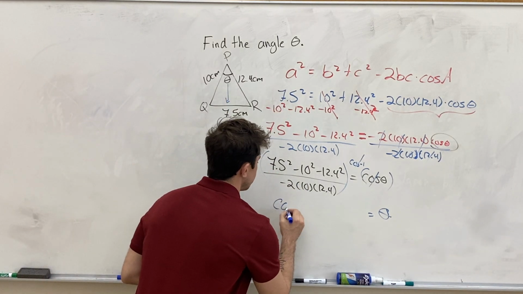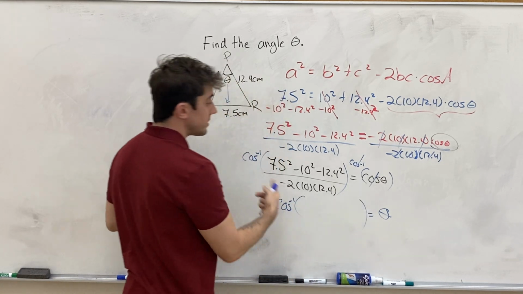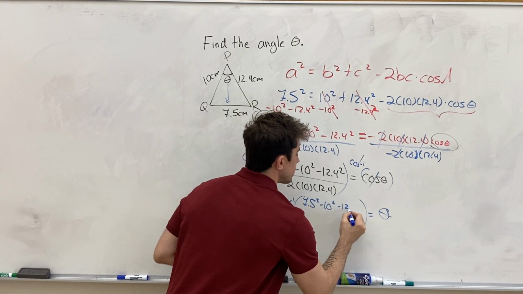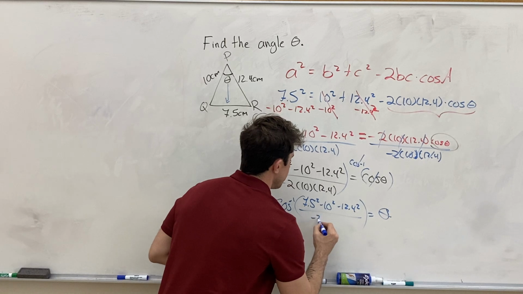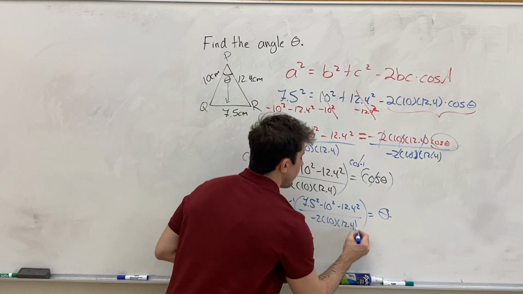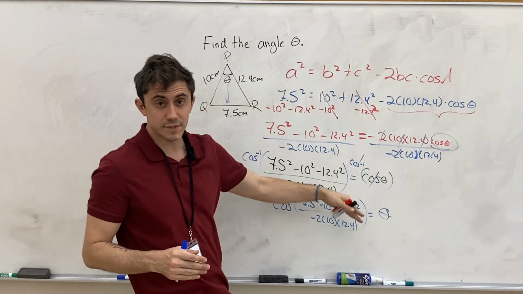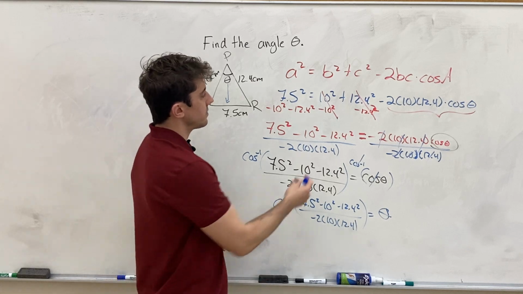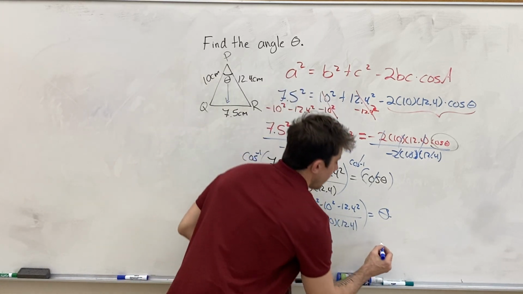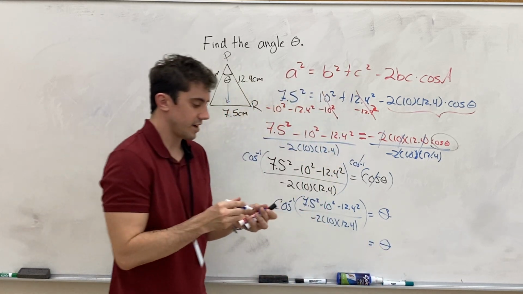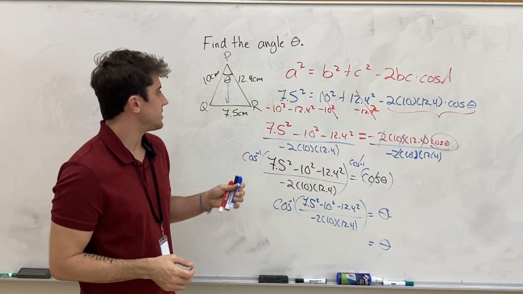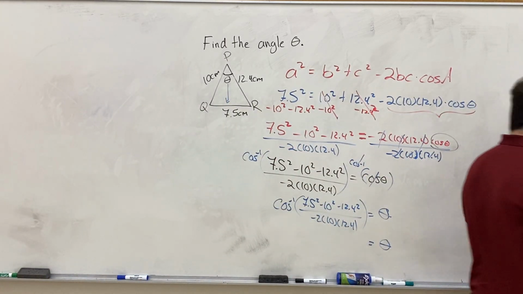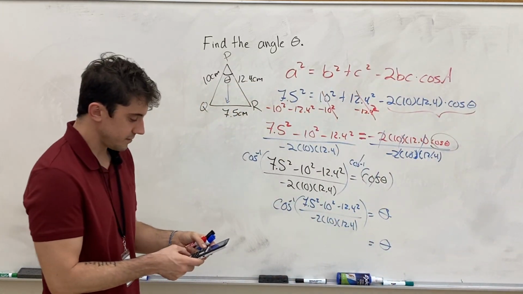And the reason I waited until the end to evaluate anything is because we can throw all of that into our calculator. And this becomes somewhat of a mindless problem. Now, mindless in the sense that we still have to go through the algebraic steps, but we don't have to evaluate any numbers, we don't have to perform any calculations. We can just wait until the end and take the inverse cos of all of that, and our calculator will give us our answer. Now, I'm guessing you were solving for this angle in degrees, so make sure your calculator is set to degree mode, and if it is, and you type all of this in properly,